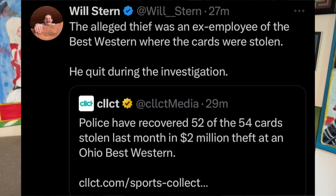I believe that I read that the guy ended up quitting his job or something, and that was another thing that was a little bit suspicious. Like a couple of days after receiving the packages, he quit. So it's like, why did you quit? That's interesting. So anyway, it was kind of a weird limbo situation where these cards, it's not that they were lost in the mail, they were actually signed for, delivered, and then they kind of vanished, which is a nightmare,